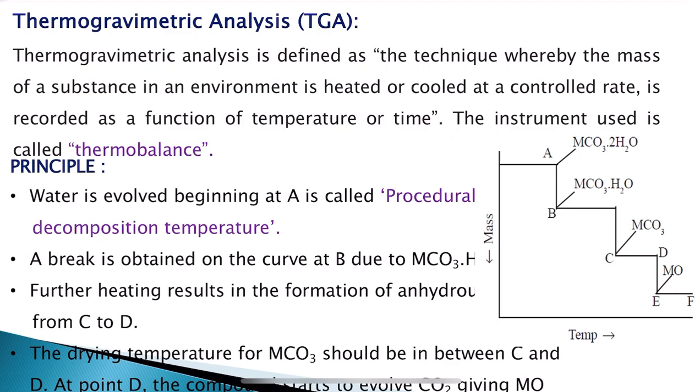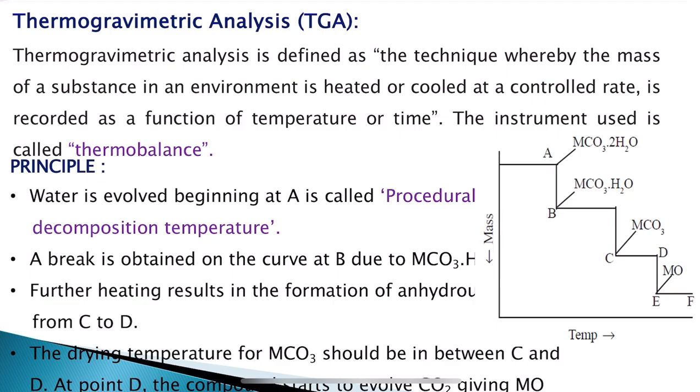Okay. So, here the sample or a compound which has to be tested or examined is injected or kept in the instrument, which is called a thermobalance, okay, or thermocouple. So, in the instrumentation part we will understand what is meant by thermocouple or thermobalance and how to perform the experiment, where exactly we have to inject the sample, all those things we will see in the instrumentation part.